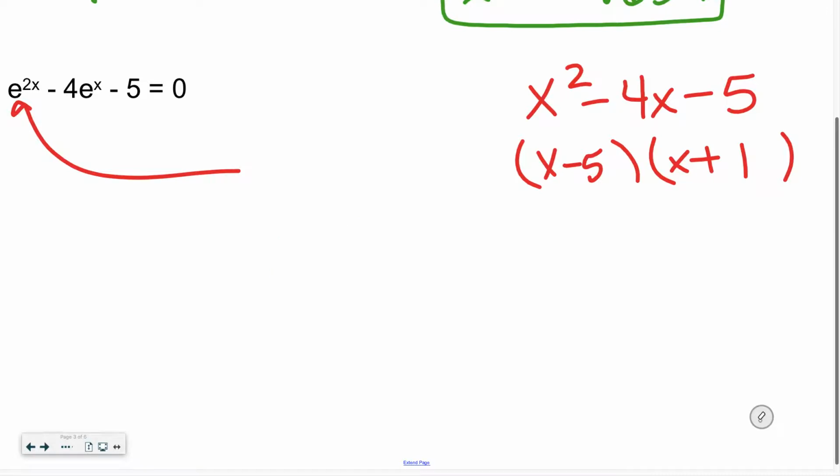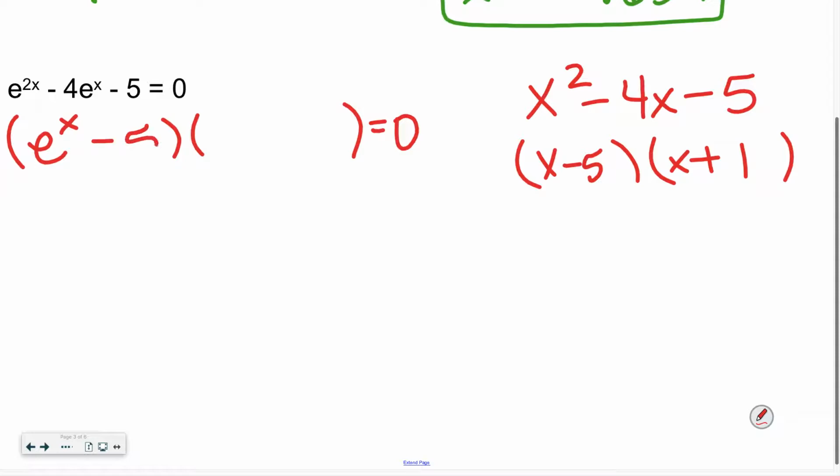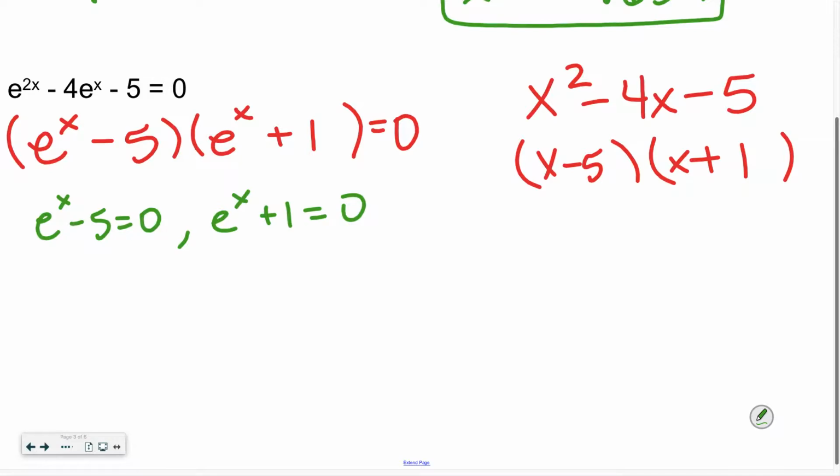So in order to solve this, we can factor it just like we did over here, except we have e to the x minus 5 times e to the x plus 1 equals 0. So now we have two miniature equations to solve because we need to set both factors equal to 0. So let's start with the one on the left. e to the x minus 5 equals 0. We can go ahead and add that 5 over